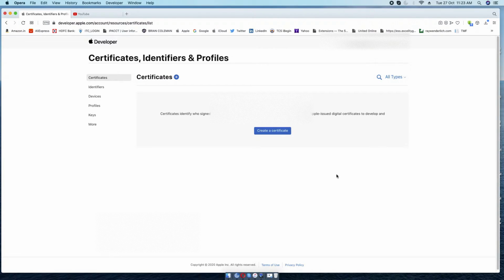So the first process is to create the certificates for development purposes, as well as for App Store distribution and ad hoc distribution. I will come to that in the future, and next is what the App Store certificates and the ad hoc certificates are. But for now, to create certificates, we have to click create a certificate,